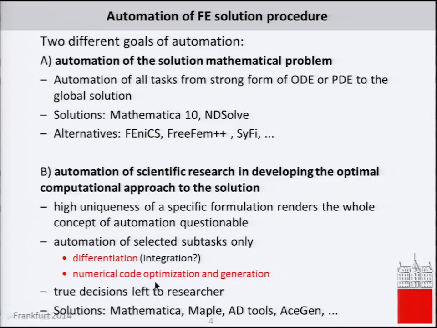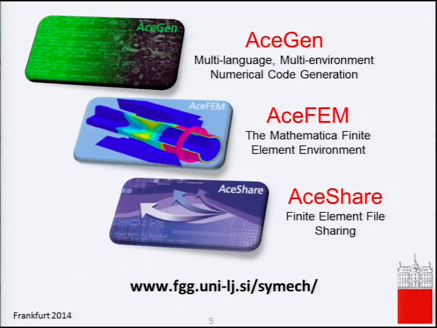Basically, if we want to do automation of scientific research, we are somehow allowed to do automation only of the tasks that are, in a sense, deterministic, not the ones where we can choose something. And basically, this is the differentiation and code optimization. Those things are pretty much deterministic, so we can do them automatically. And there is a system called